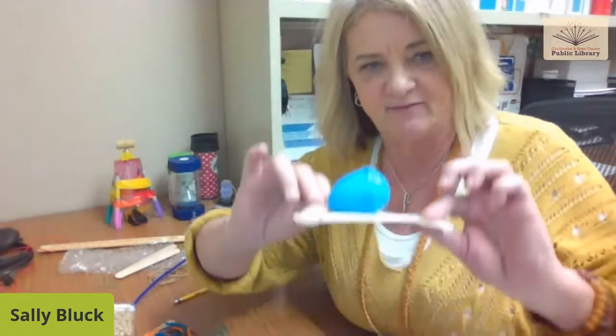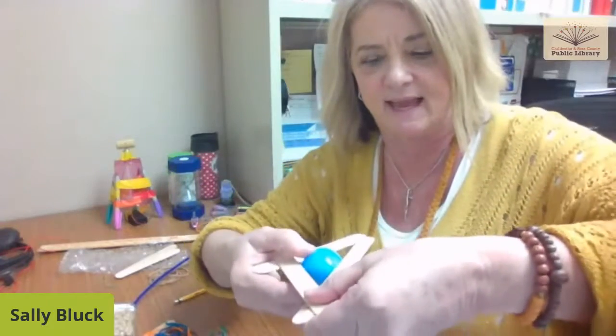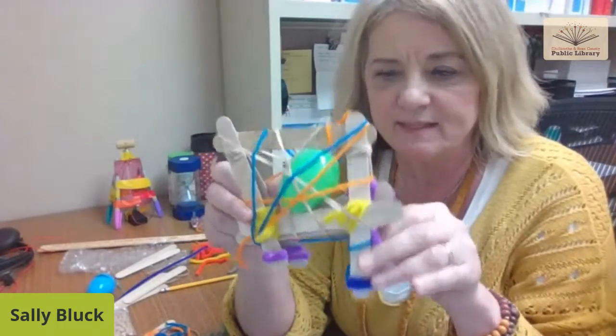Well, it kind of might if it fell straight down, but what if it turned upside down? Then the egg is going to hit your hard surface first. So you've got to think that through, like, how can I best protect it? One of the ways that I did it was I just took all these different pieces and I built a 3-dimensional